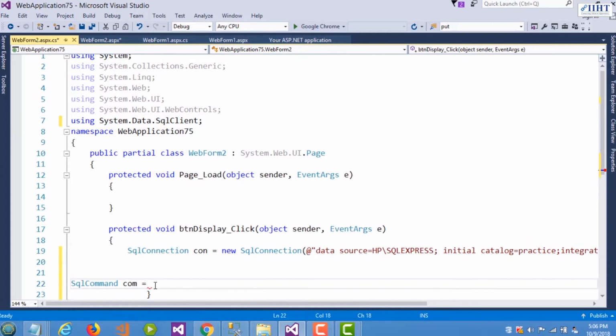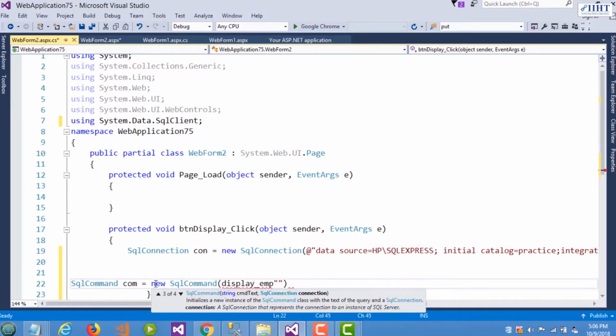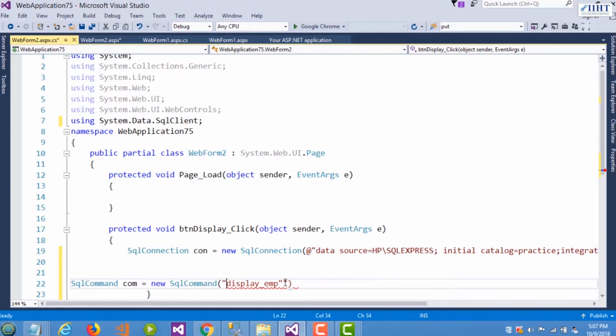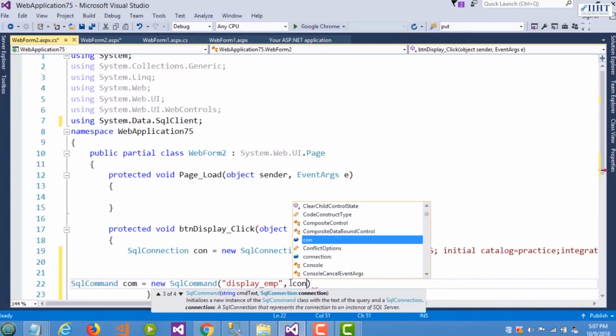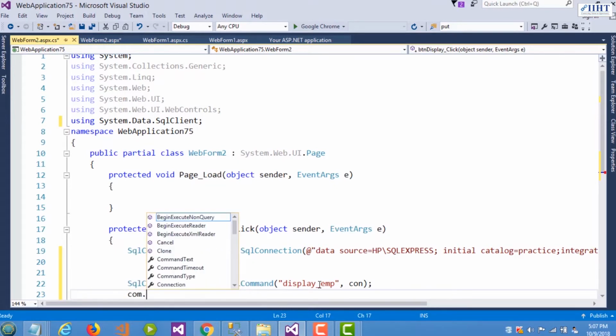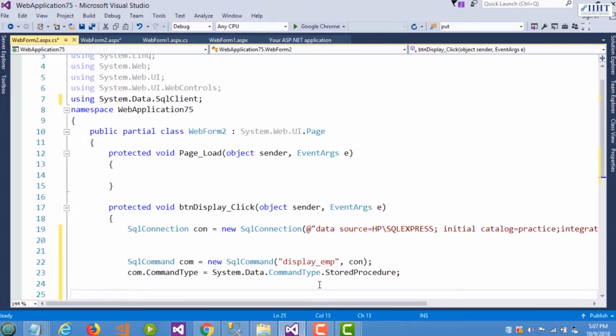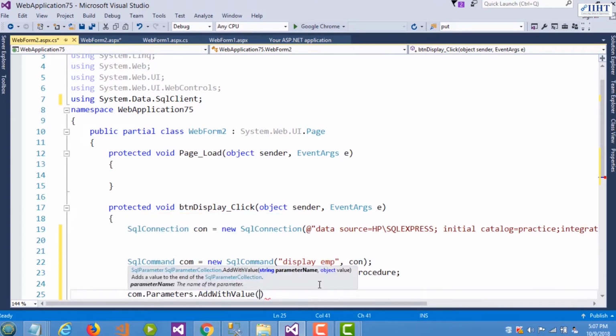So we have to give the name of the procedure which we want to call from here now. So it is display EMP. You have to also pass the connection object, and then we have to inform that this is not a simple query, but this is a stored procedure. Okay, now in this case we have to pass some parameters. We only have to pass one parameter, add with value @ID, and it will take its value from